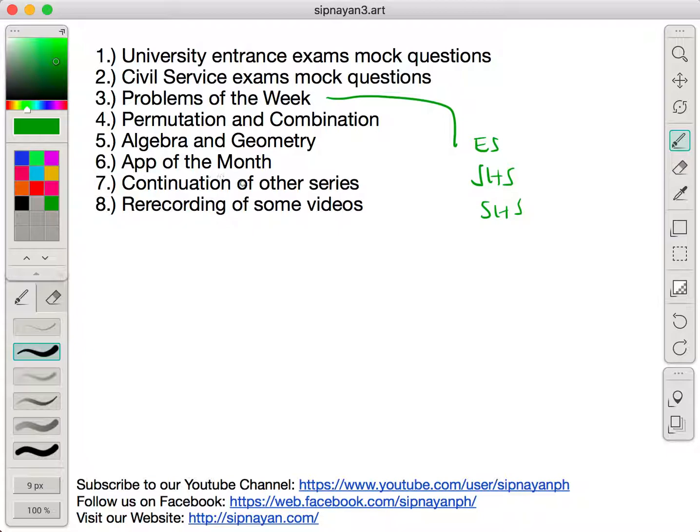Gusto ko rin sana magkaroon tayo ng app of the month. Yung math app na pwede yung gamitin sa inyong klase. Marami akong alam na app, of course, at ginagamit ko naman. So hopefully, ma-share ko sa inyo dito. Siyempre, i-continue natin yung mga series natin. Siyempre, yung calculus, yung paborito nyo, meron tayong trigonometry, meron tayong series, hindi pa, kakasimula pa lang. Meron tayong